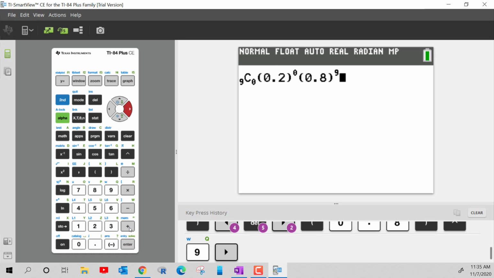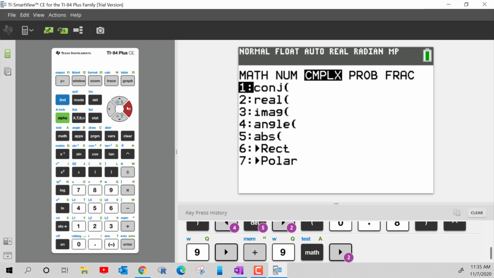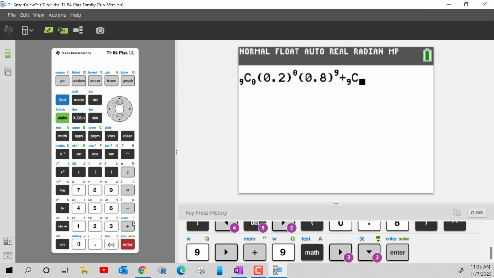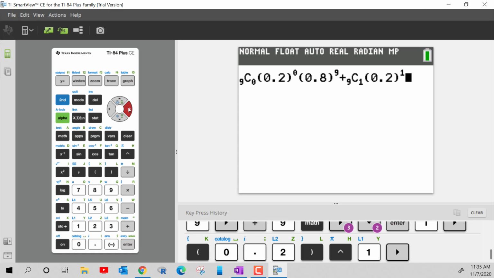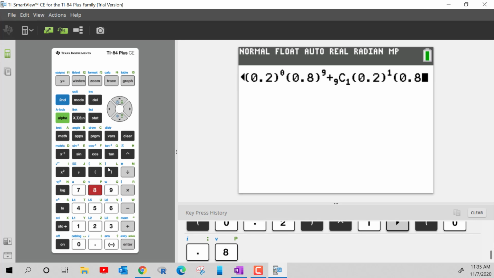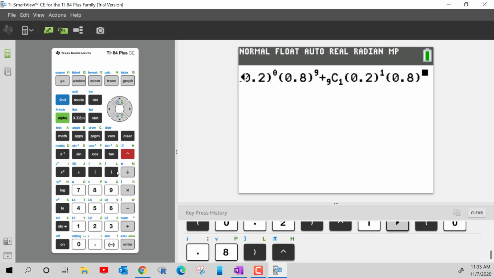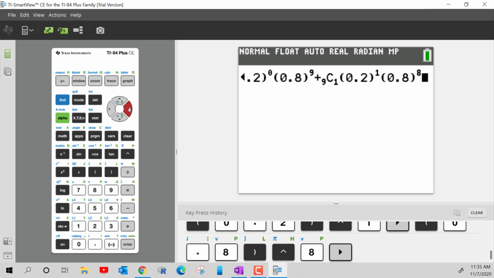And then I would hit plus, and then we got 9 choose 1, right? So follow the same steps to come over here and get the combination. So 9 choose 1, and then you would type in 0.2 raised to the 1st power, and then 0.8 raised to the 8th power, right? So now we need 2 successes, right? So we'd hit plus, and then 9 choose 2,